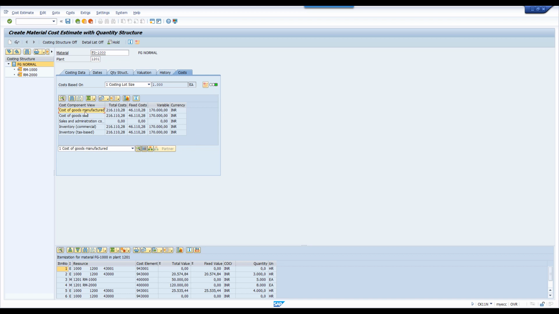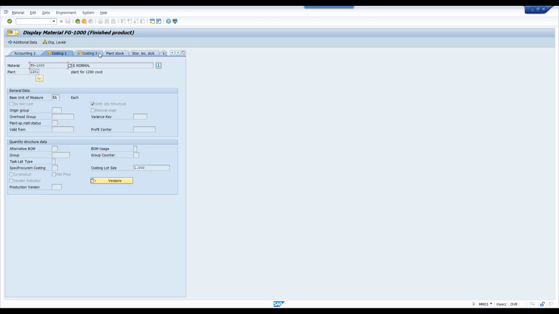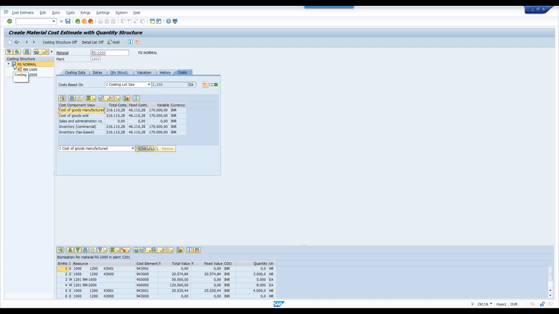So here, important observation, you need to understand why we are getting this calculator and why we are getting this raw material. So why we are getting this? See, click on this one, else double click on this one. In costing tab 1, here we didn't select this do not cost. If you do not select this, you are going to get a calculator. Calculator means costing.